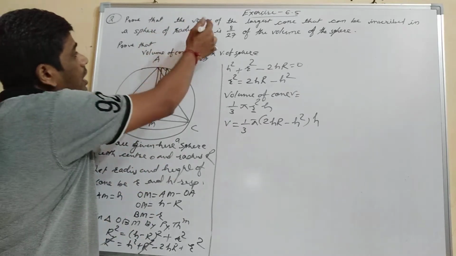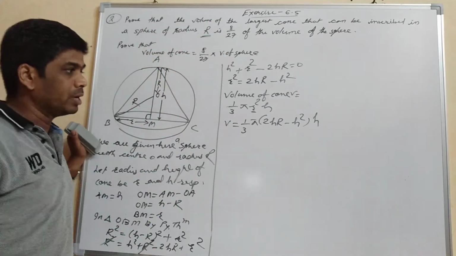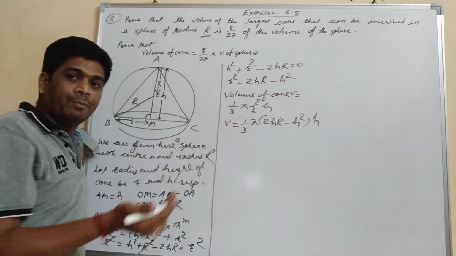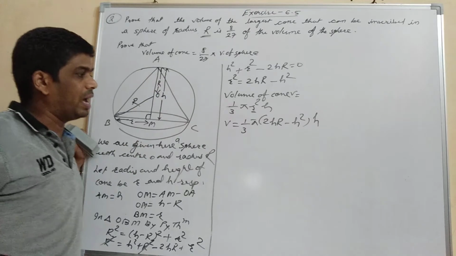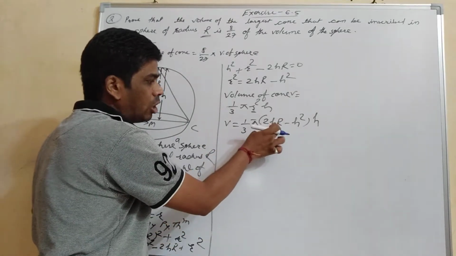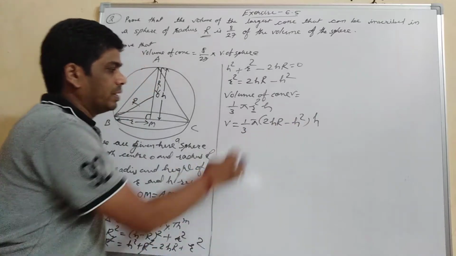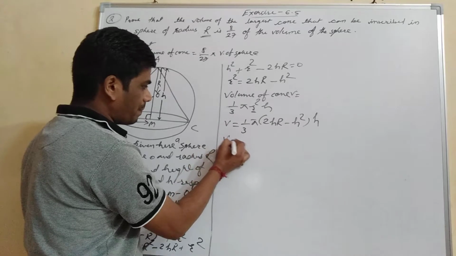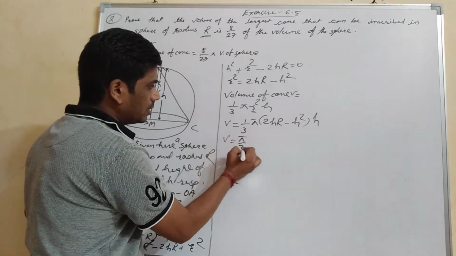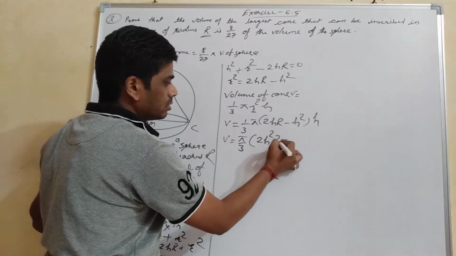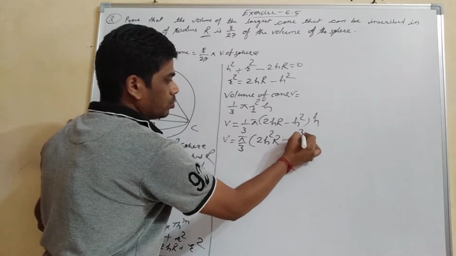So always we have to write the term in the given form. So given is here radius of a sphere. So we try to bring the given form. Whatever is given, that we will. And we have converted this in the one variable now. This is constant and only h is variable. This pi is also constant. Now differentiate, or we can simplify again. Pi by 3. This will be 2h square capital R minus h cube.